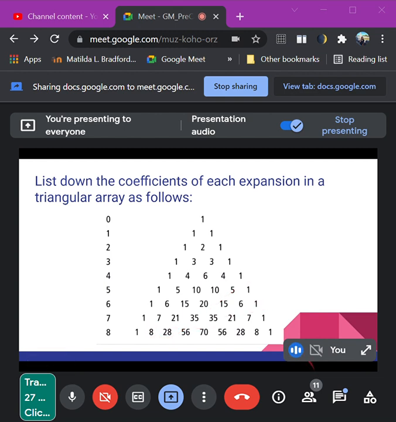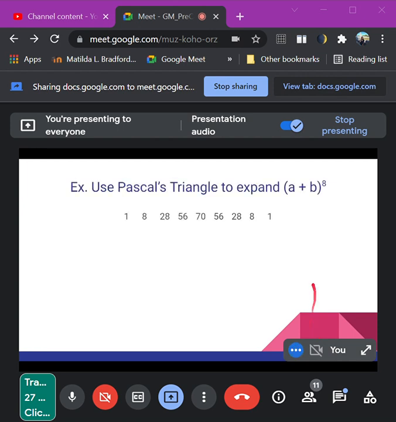So, atong buhaton class, kuhaon nato ang coefficient kung pila ang imuhang exponent. So, atong exponent kay quantity (a + b) raised to the power of 8 man. So, we're going to get this 8 na itong exponent diri and then kuhaon na ito tanan coefficients niya. Okay, we have 1, 8, 28, 56, 70, 56, 28, 8, 1. So, we're going to use that following coefficients. And next one, class, is